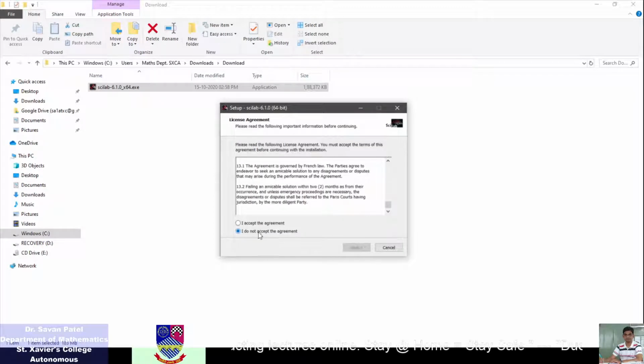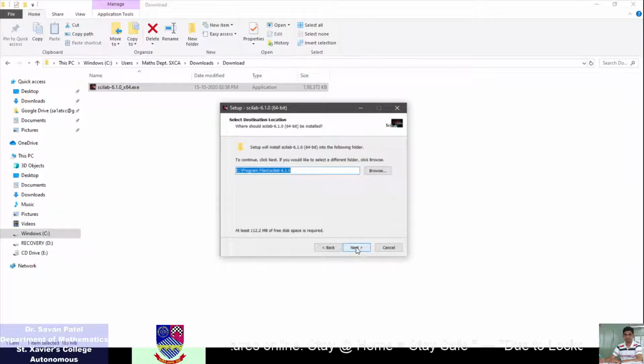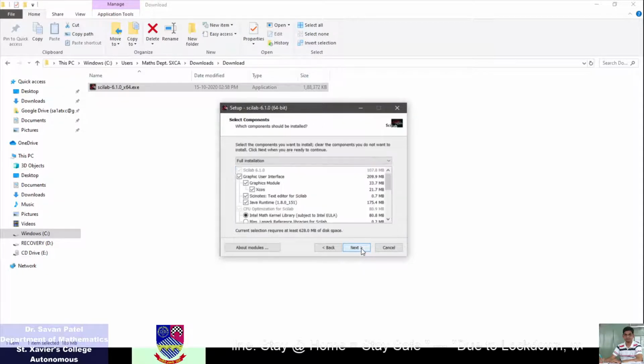Otherwise, you are not able to go to the next option. So I click here that I accept the agreement. Click next. Here it asks where to install this software. I am selecting the default path, then press next.